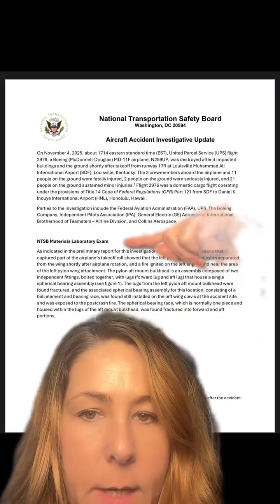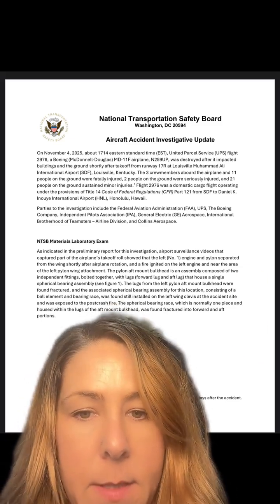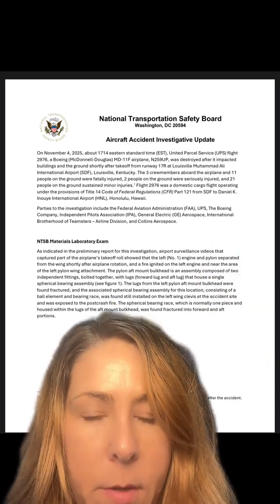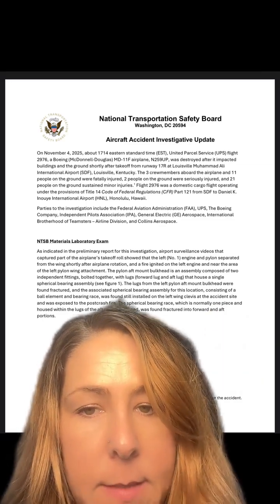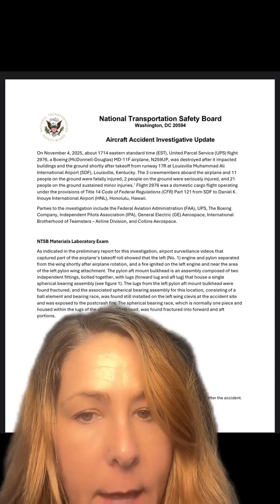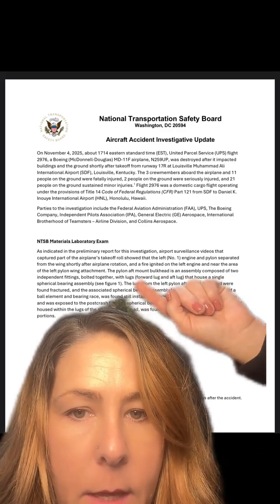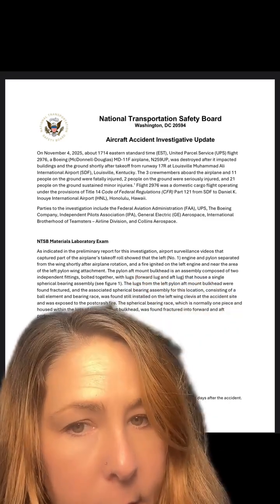The second section is an NTSB materials laboratory exam update. This part was indicated in the preliminary report that was already released: airport surveillance videos captured part of the plane's takeoff, and they showed that the left number 1 engine and pylon separated from the wing shortly after rotation, and a fire ignited on the left engine and near the area of the left pylon wing attachment. This also notes that the pylon aft mount bulkhead is an assembly composed of 2 independent fittings bolted